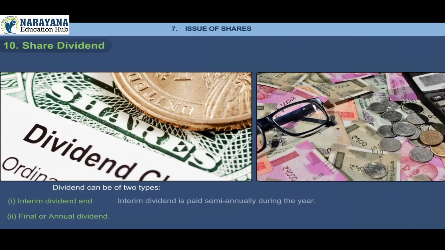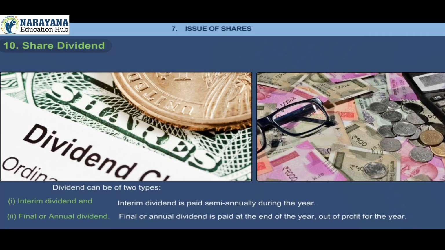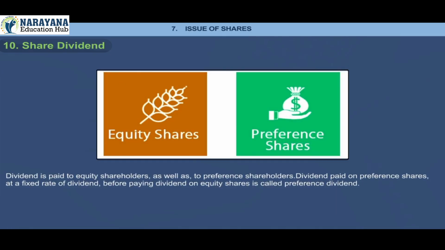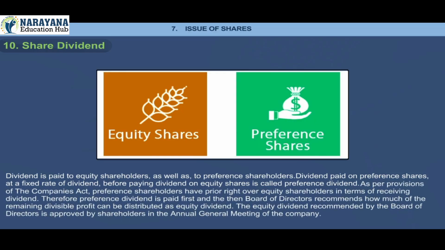Final or annual dividend. Interim dividend is paid semi-annually during the year. Final or annual dividend is paid at the end of the year, out of profit for the year. Dividend is paid to equity shareholders as well as to preference shareholders. Dividend paid on preference shares at a fixed rate of dividend before paying dividend on equity shares is called preference dividend. As per provisions of the Companies Act, preference shareholders have prior right over equity shareholders in terms of receiving